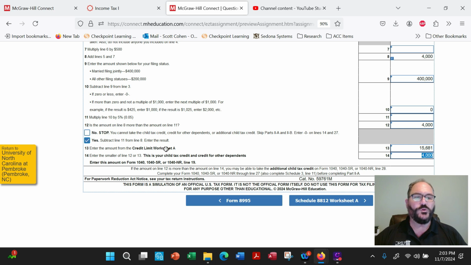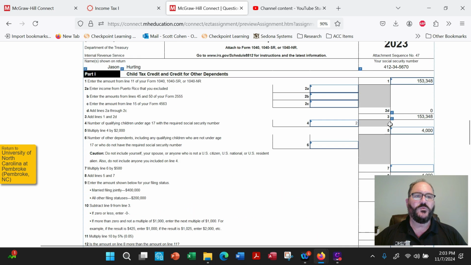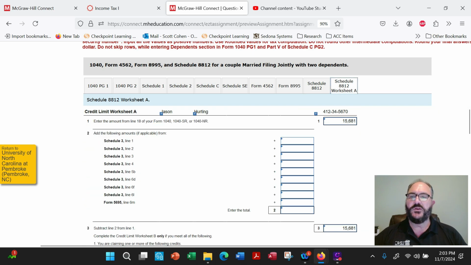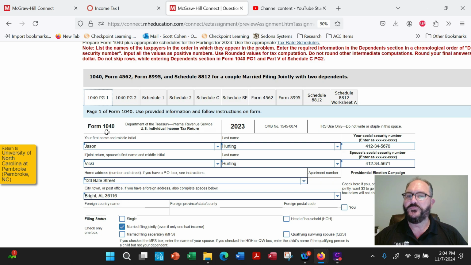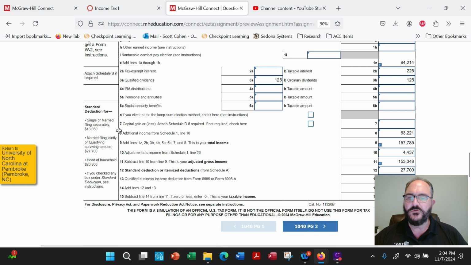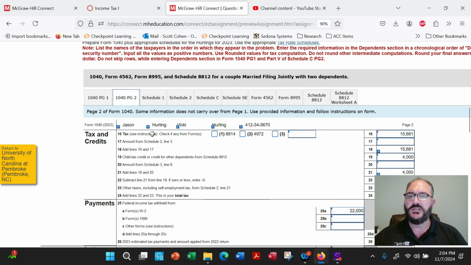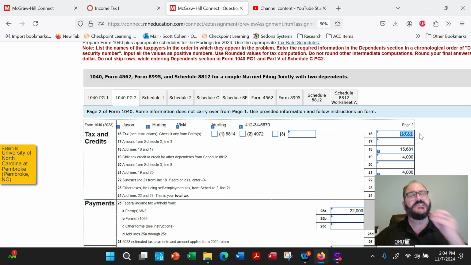Now there's a credit limit worksheet, and see this number right here? We have to go over to the worksheet, and again, the software figures this out, but it says enter the line 18 on your 1040. So let's go see what line 18 is on our 1040. Line 18, where are you? Oh, it's on the next side. Line 18, this is the tax. So in other words, that's how much tax they owe, and that's the limit, okay? All right, so that's where they got that from. This is the amount of tax they owe. They got the child tax credit here, right? So that leaves them with